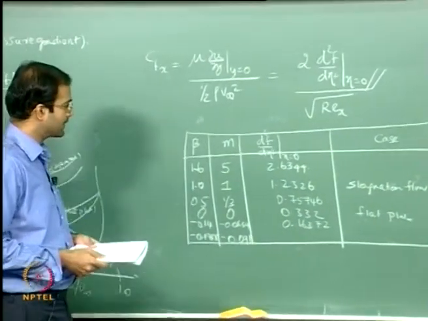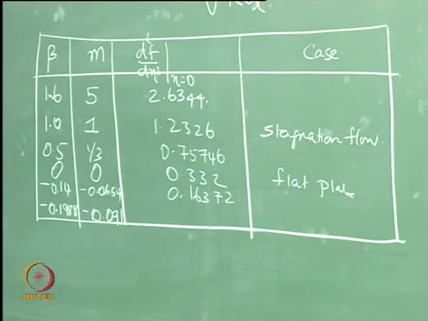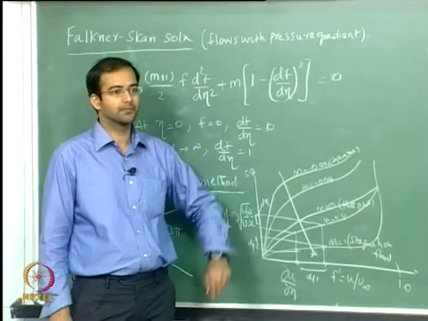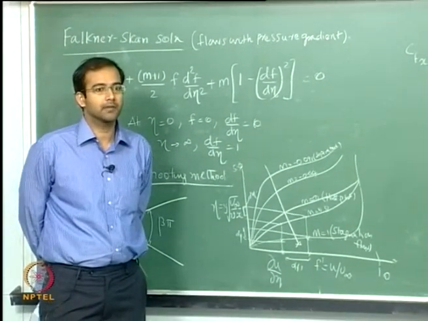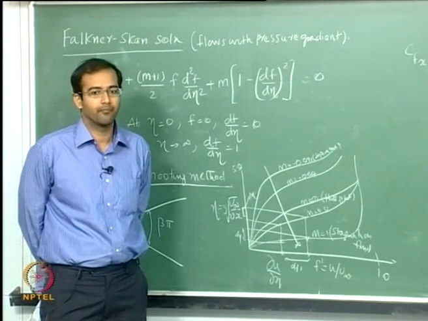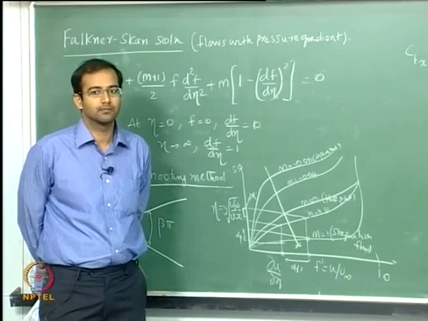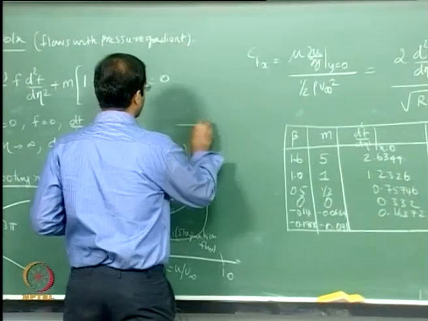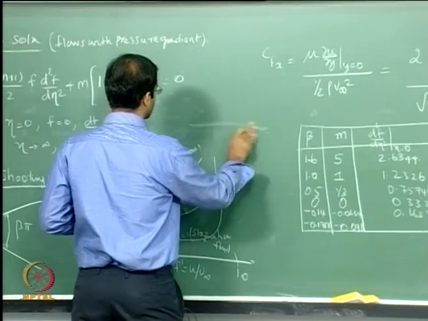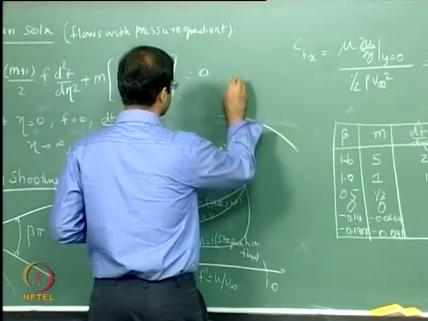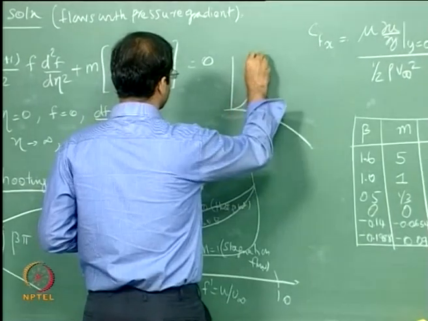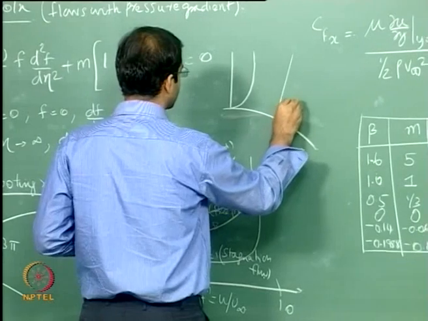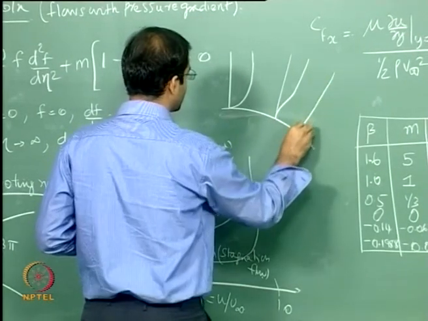So what do you think will be the curvature for this? This is a separated flow. Okay, at the point of separation, what is the slope? What will be du by dy for separated flow? So if you have a flow, suppose you have a gradient like this, and here you plot, you have a profile like this. Okay, now at the point of separation, the profile becomes like this, and after that,